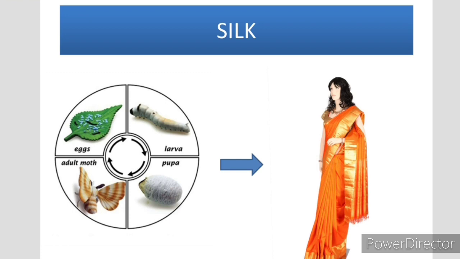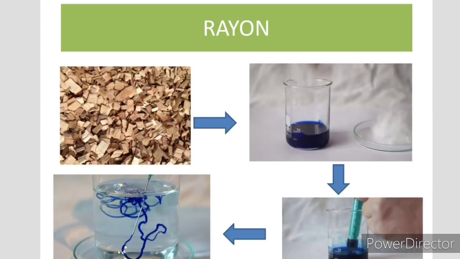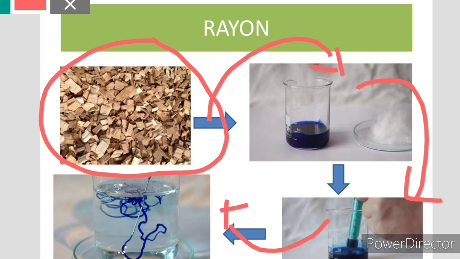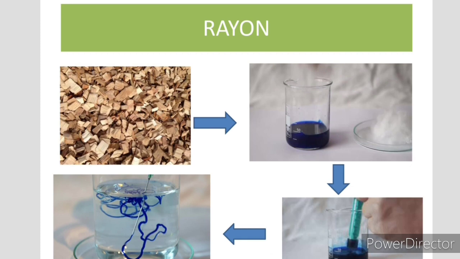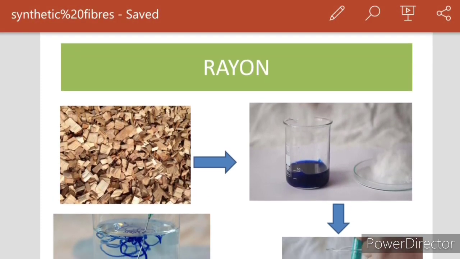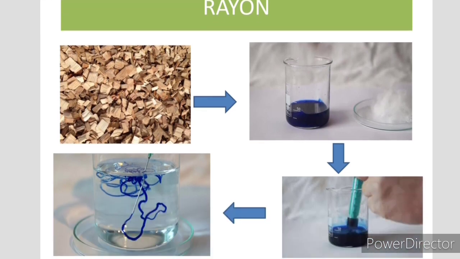So the first example of artificial silk, we will take rayon. From here you can see that here is wood pulp, or wooden pulp, right? And from this wooden pulp, the total process of rayon is made. Now I am going to attach a video containing this total process of rayon, so I will conclude the chapter here only. And now you're going to see the process of rayon.